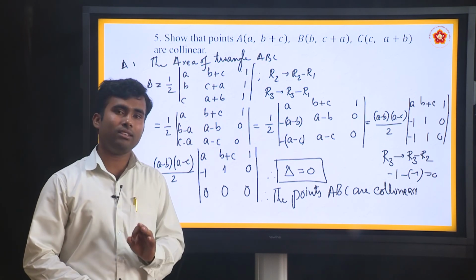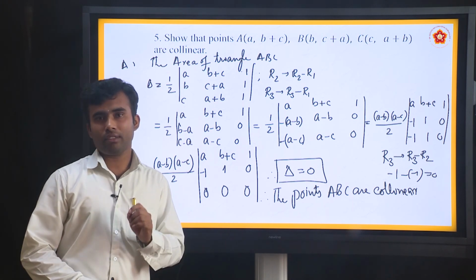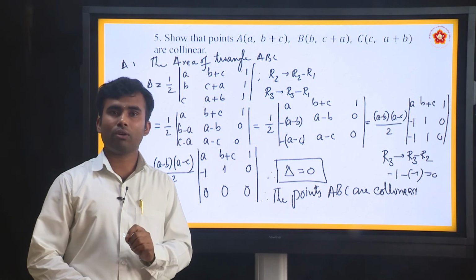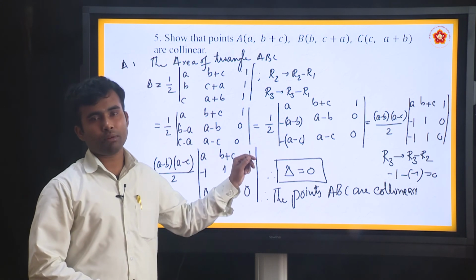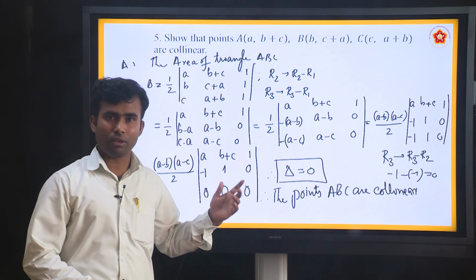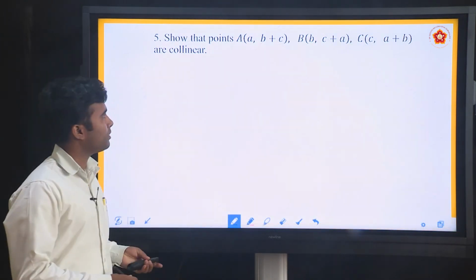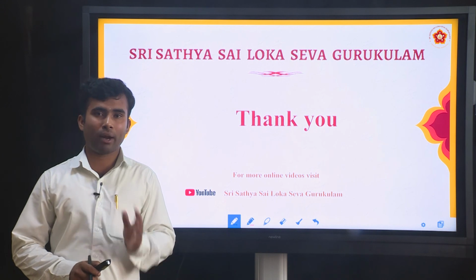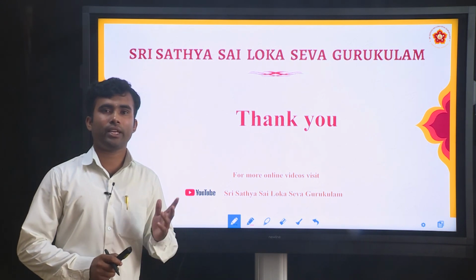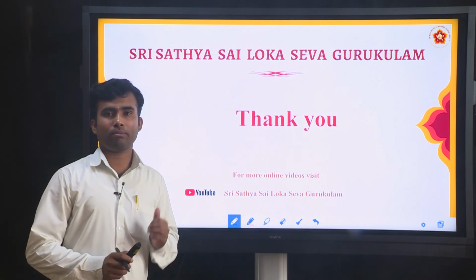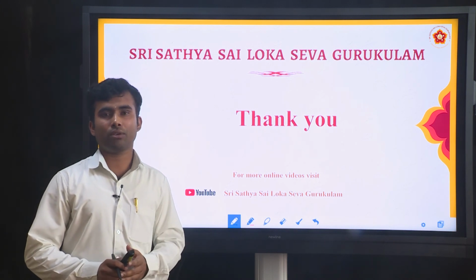So practice problems on finding the area of a triangle, and practice all the problems which are already solved in the given textbook. Also practice the other 2 problems in the exercise, which are similar to the problem we have just solved. You have to practice well on this exercise 4.2. Definitely you can expect a 2 mark question from this exercise. So practice on this. In the next class we are going to start